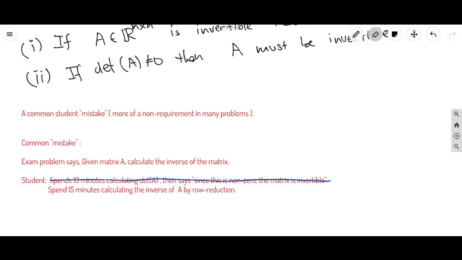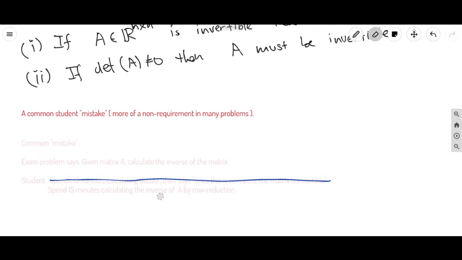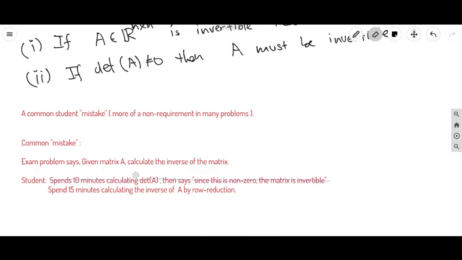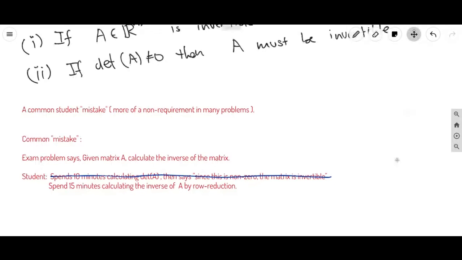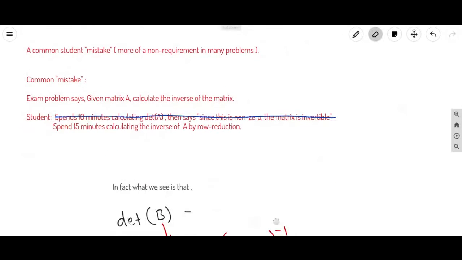That means that you're not able to row reduce the matrix into the identity matrix. You know, the row reduction will just stop. And if it stops, then it means there is no inverse matrix, and then it's over. So whether or not the determinant is 0 or non-zero will not actually affect the process of finding the inverse. So this is not a requirement. So, and also to add this,